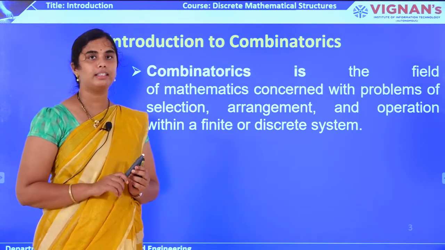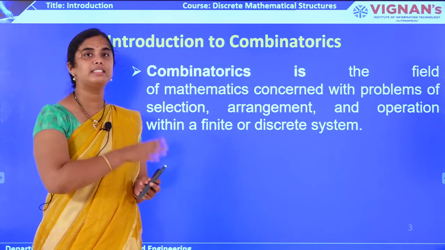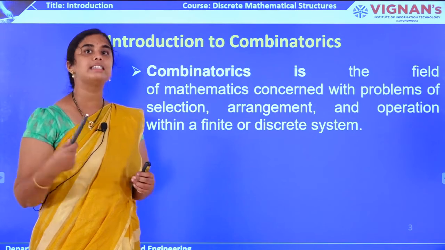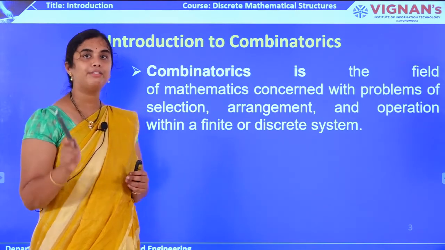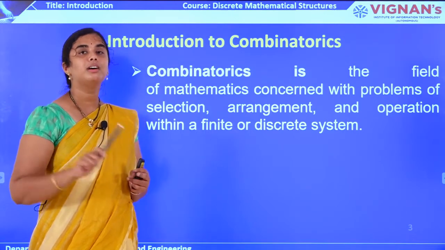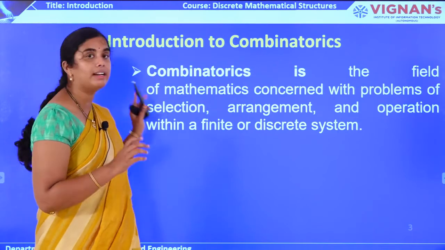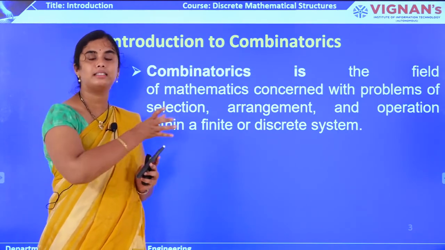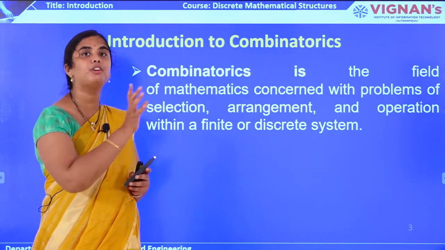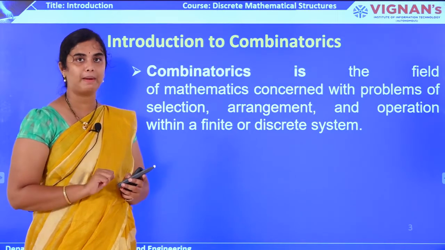Now you guys are learning discrete mathematics. In discrete mathematics, there are 5 units. Suppose instead of unit 1, I place unit 5 in the beginning. Will you be able to understand anything? No, right? Everything requires a proper arrangement, proper order, in order to go smoothly. Similarly, in mathematics or in any system concerned with discrete objects, there should be a proper selection and arrangement of those objects such that the results come in a more optimized way.